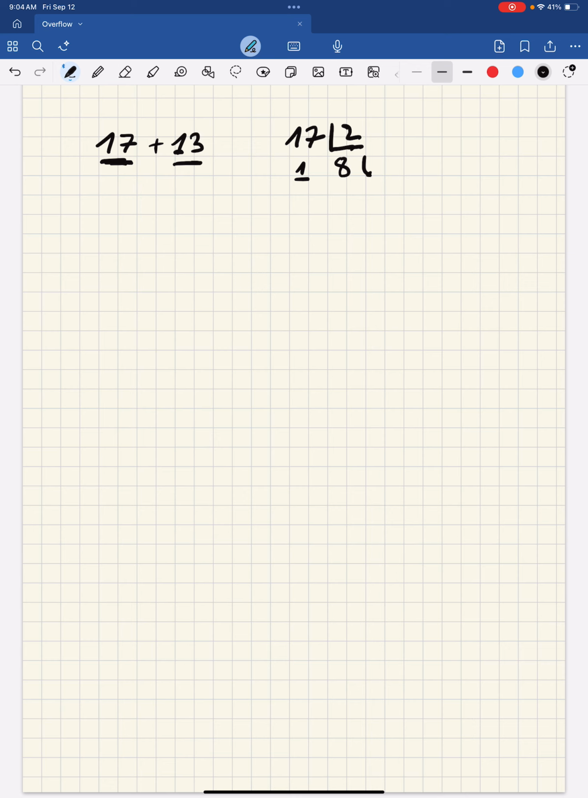Then 8 divided by 2 gives us 4, and the remainder is going to be 0. 4 divided by 2 is 2, and the remainder is going to be 0. Now 2 divided by 2 is 1, the remainder is going to be 0, and 1 divided by 2 is 0, and the remainder is 1. So the last quotient is 1, so we stop there. So the number 17 is going to be,